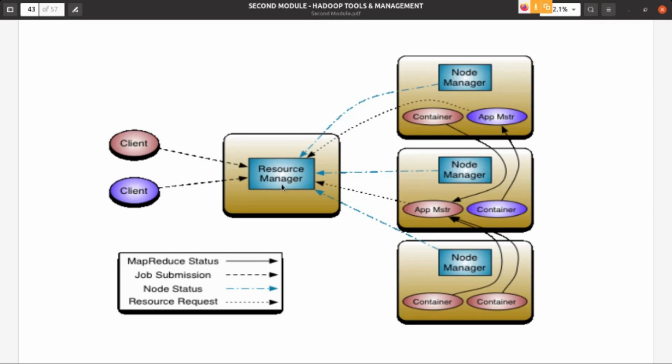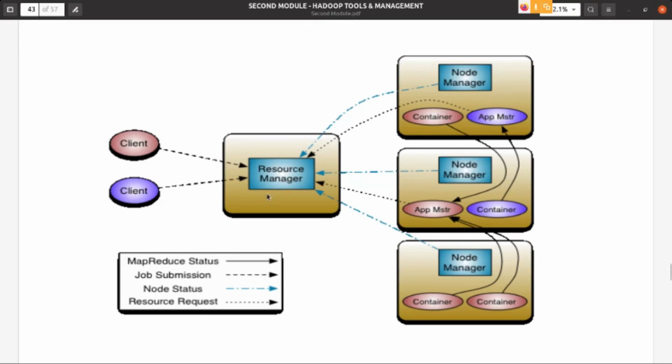That means the application master is requesting a resource from the resource manager. The application master is responsible for requesting the resources for executing the task. That is why the arrow comes from application master to resource manager.